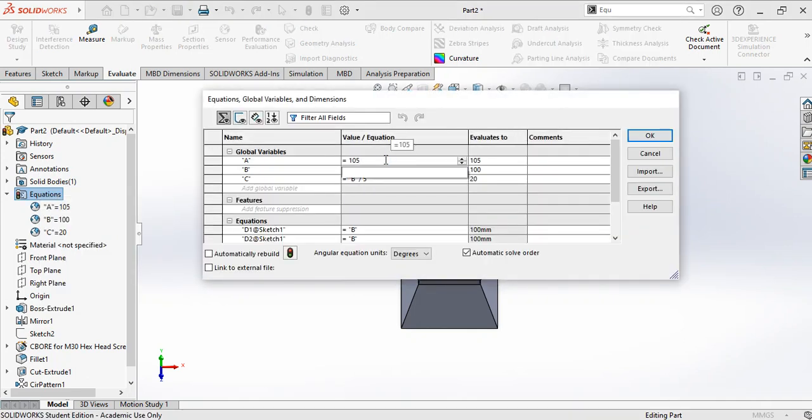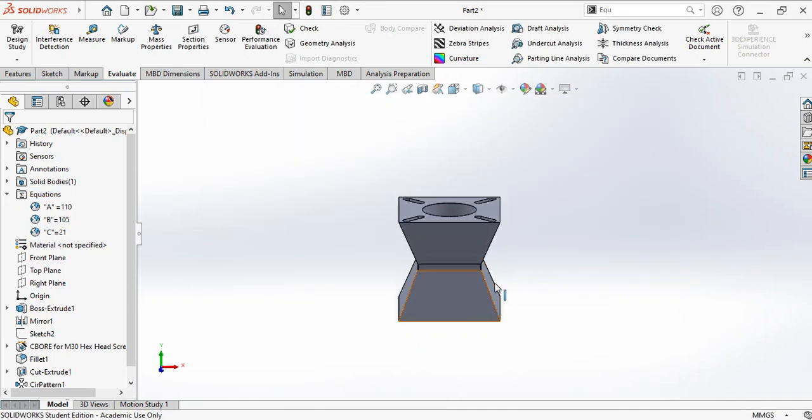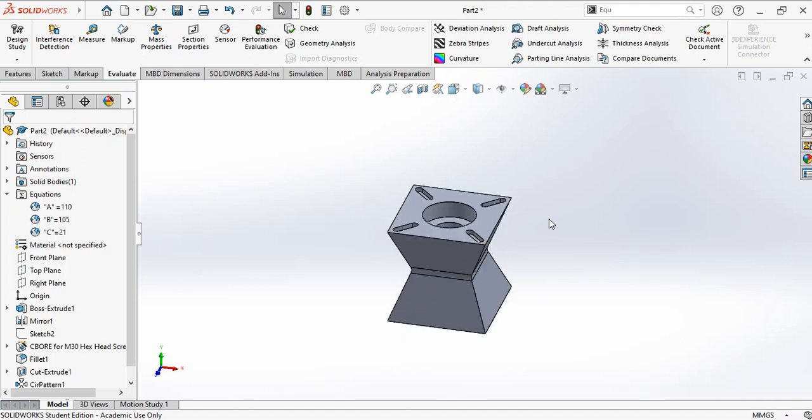So it's easy for you. Maybe you want to change A equal to 110, B equal to 105. Basically C is controlled by B, so we can only change A or B. If you confirm,